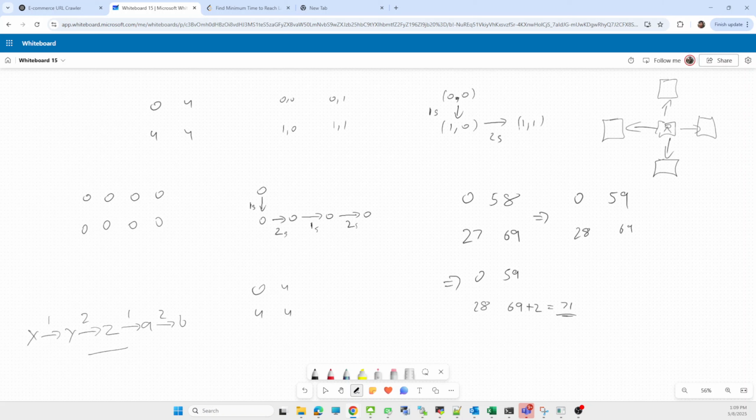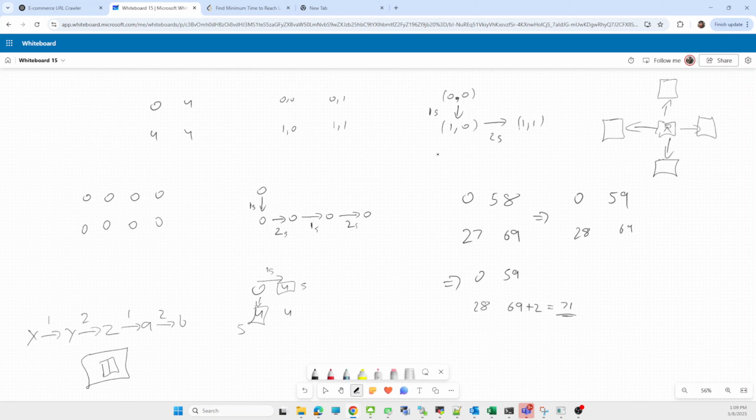That means there is a room, and think in such a way that there is a door on that room, and that room's door will be open only after 4 seconds. The cost to cross this room is 1 second, and we enter this room only after 4, so the minimum time will be 5. Similarly here also the minimum time will become 5.